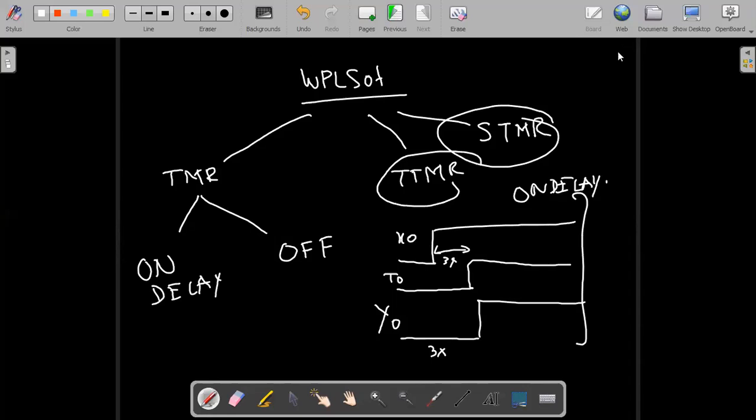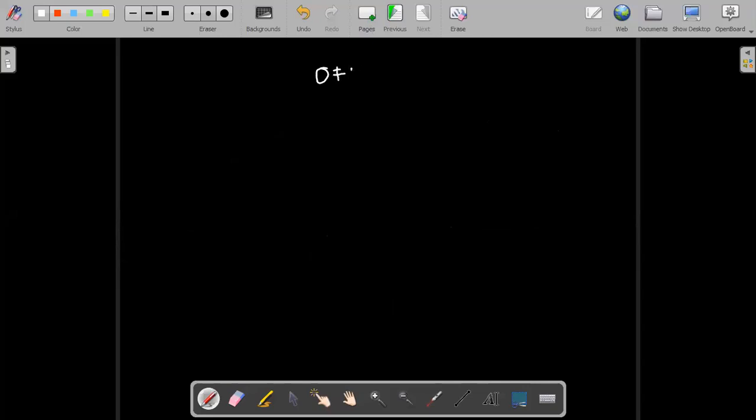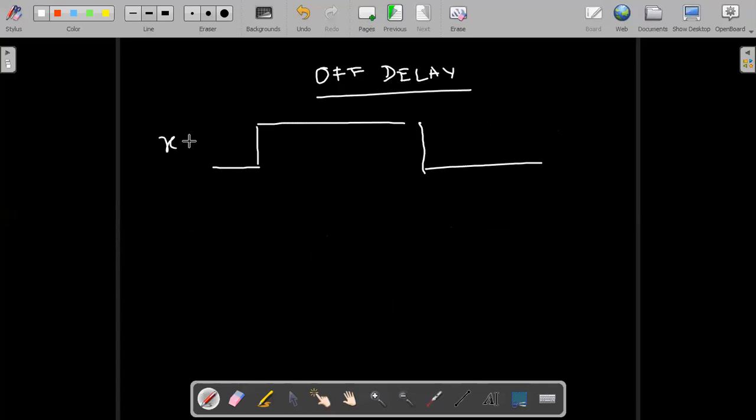Okay. So next we'll see an off delay timer. What is the off delay timer? What I mean by off delay timer is, first I will switch it on. I have a switch. Okay. I'll put it as H1. So the switch is on and off. After the switch is pressed off, at this time my output should also be on.